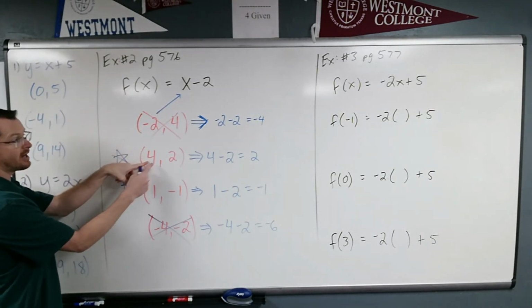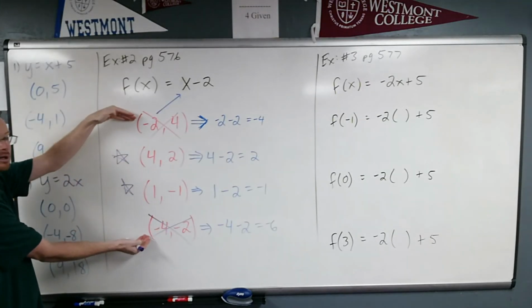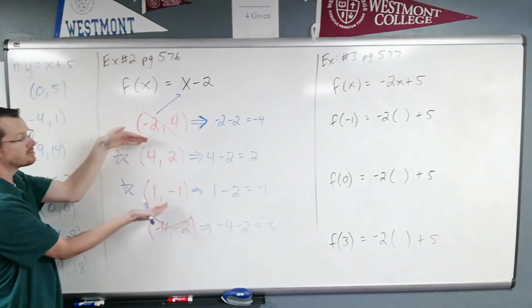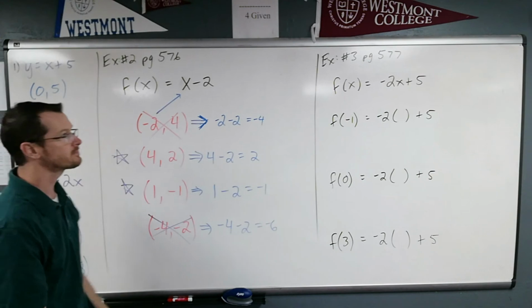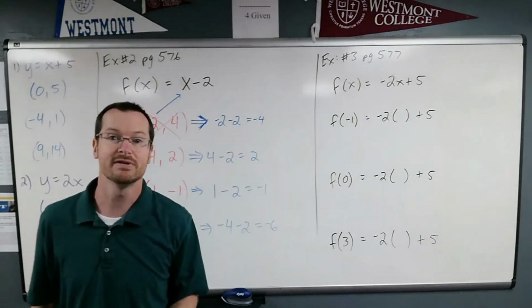If I plug in a 4, I do get the 2 out. If I plug in a 1, I do get the negative 1 out. These don't work. These aren't part of my function. They were not points on my graph. These are points in my function. They worked out well. So if I give an example over here with example number 3 on page 577,